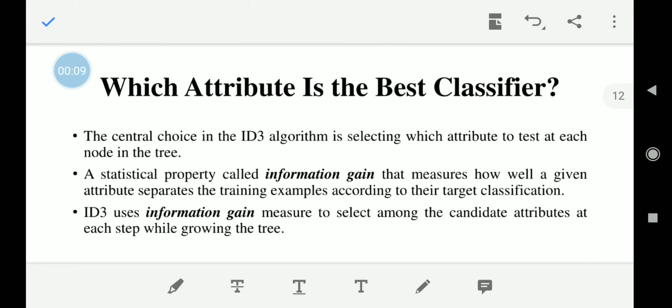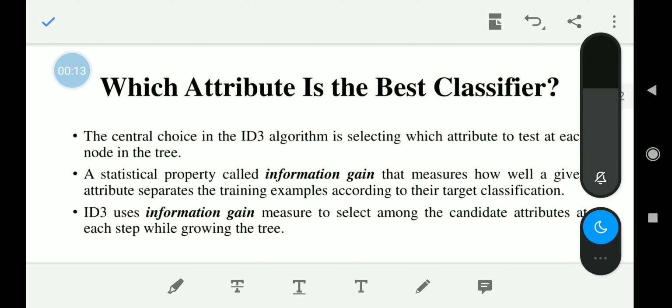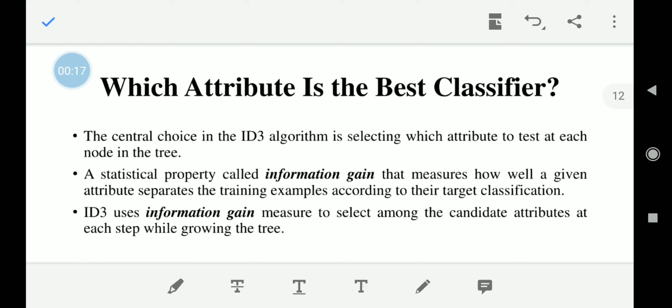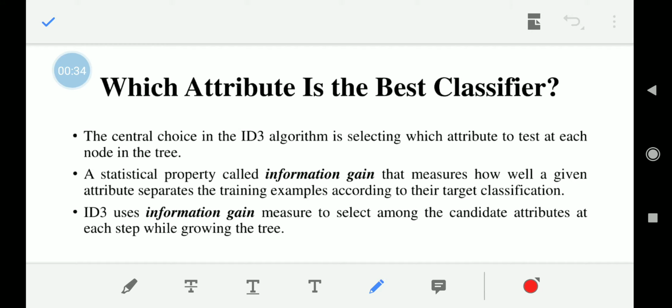Hello everyone. In the last class we have seen already what is the meaning of decision tree, how to represent the decision tree. Decision tree will have root nodes and leaf nodes, but while deciding which is the first node, we have to take it as root node, or which is the attribute which we can take, that will be the best classifier.